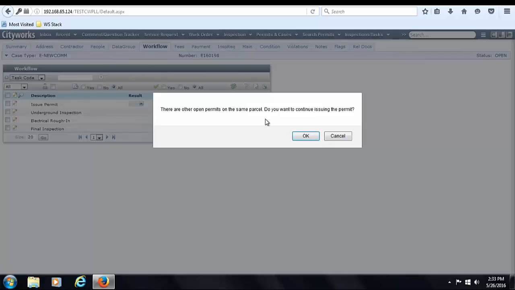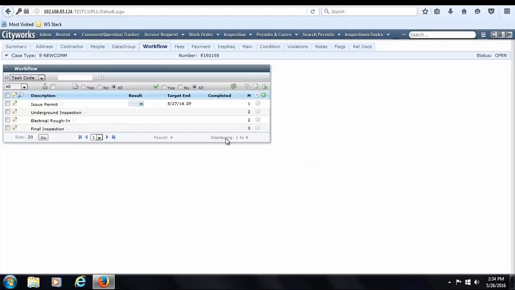And this is one of the customizations that we've done. So based on the address point, if I've created a trade permit like this electrical one, if it wasn't linked, it would give me the option to do so now. So it's letting me know, hey, there are other open permits on that same parcel. Do you want to link these two? I can say okay, and it'll create a link between that permit. I can go ahead and issue now,